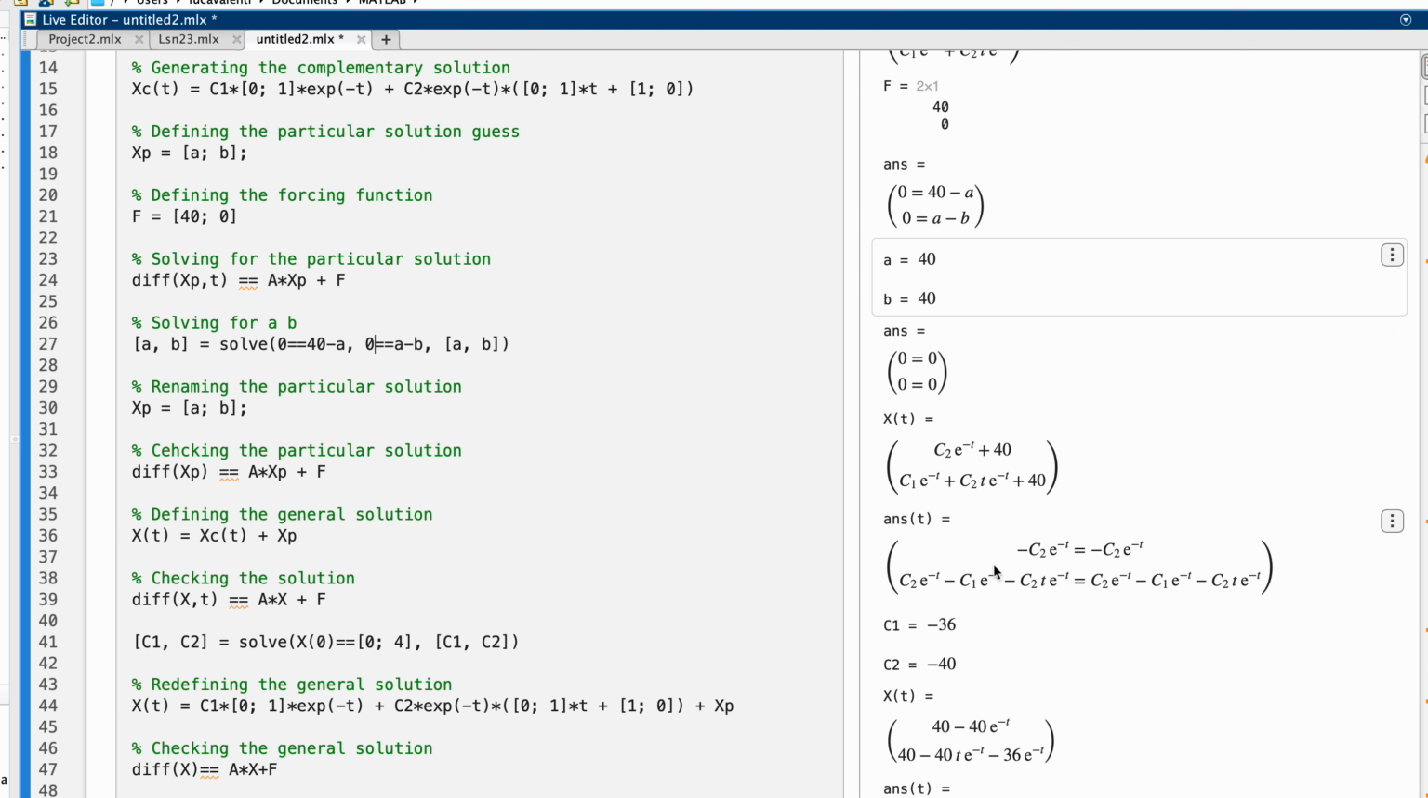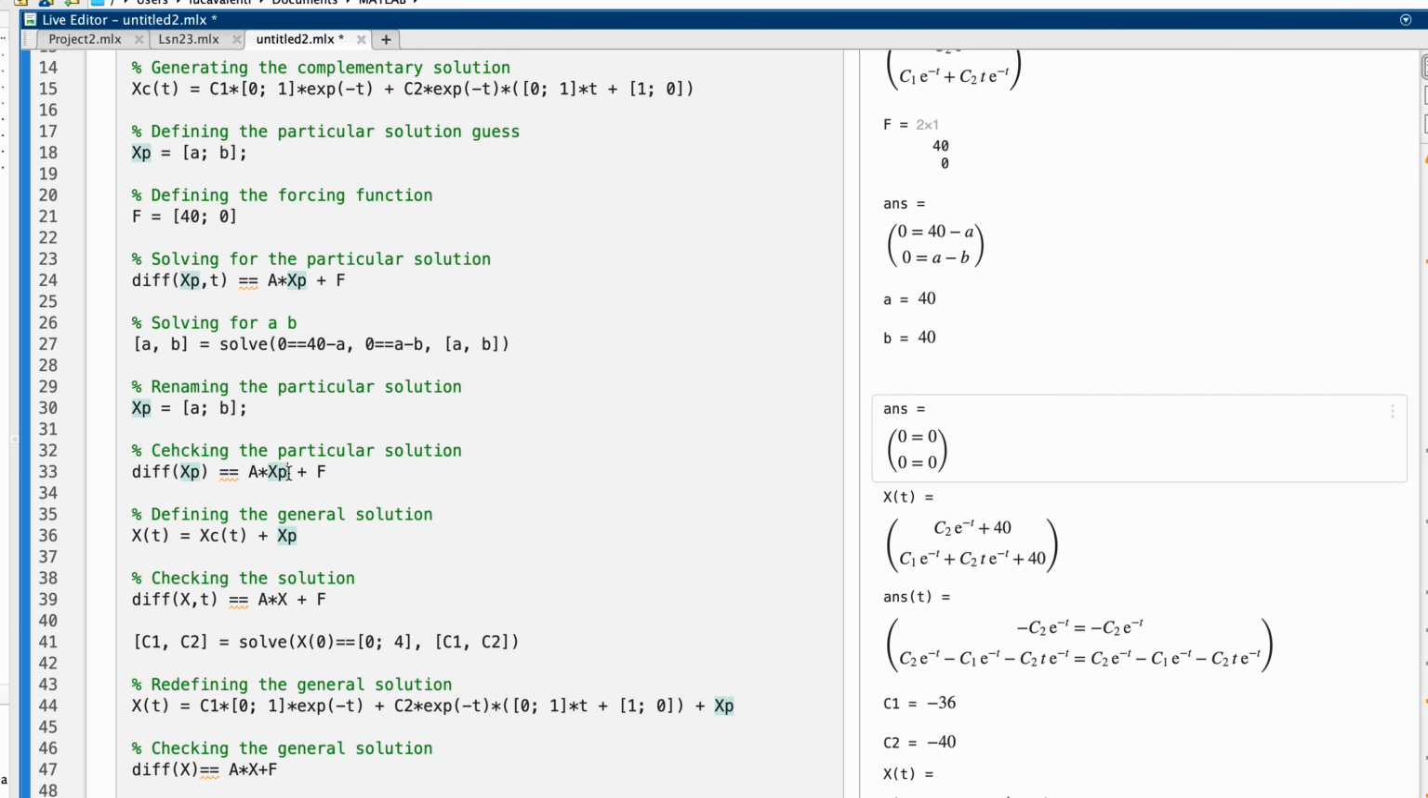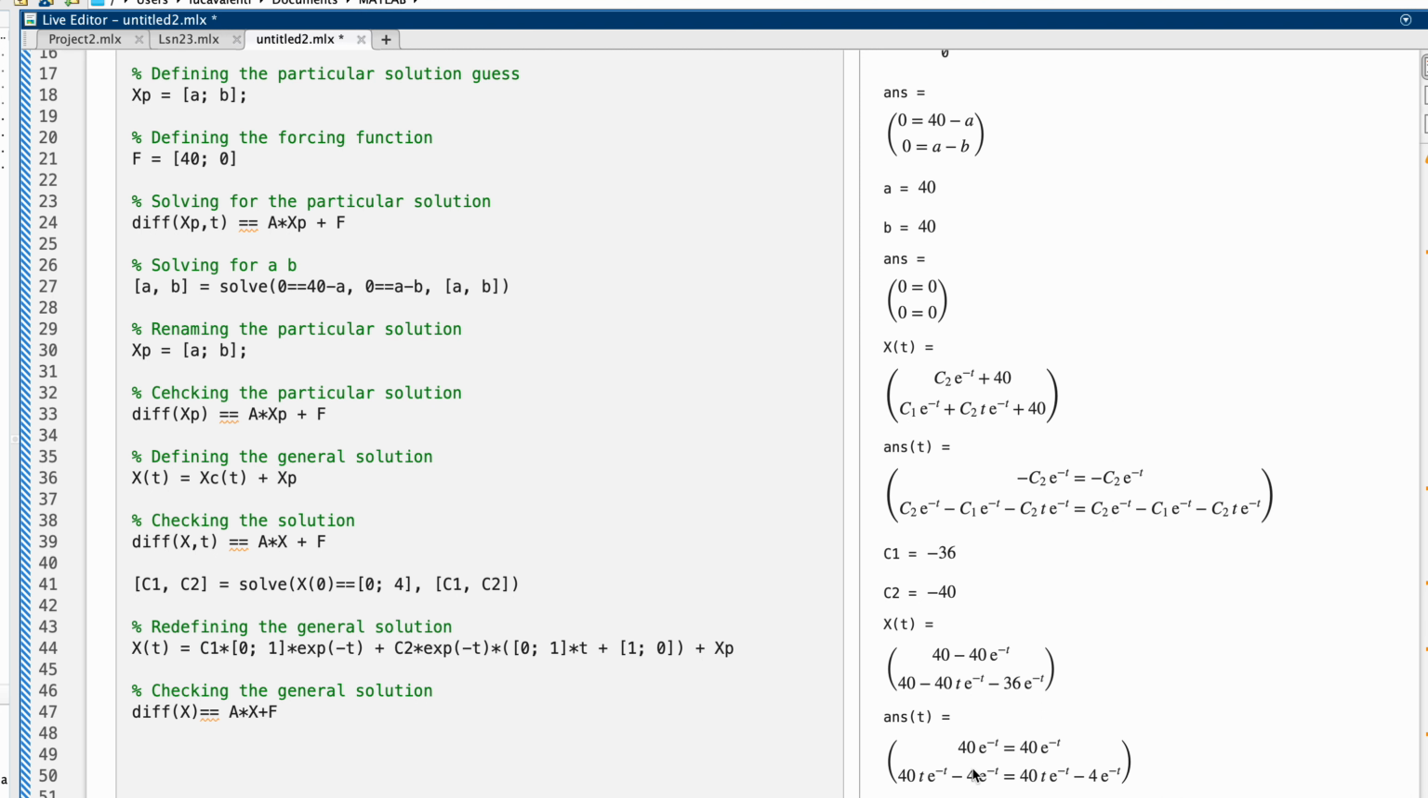Now we find this, the particular solution is checked. We define the general solution, and we notice how we have the 40 and 40 here, which comes from this. So now that we have that, we can check it, and we notice that it's working. Now we can solve for C1 and C2, and we can plug it in. And if we go down, we notice that that works, which brings up a good point, the point that we